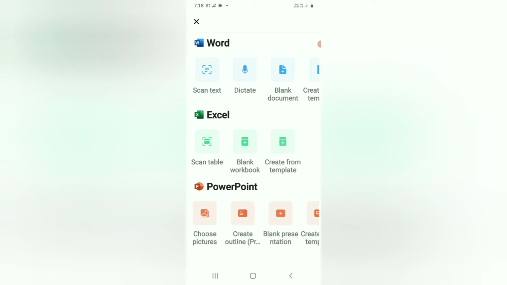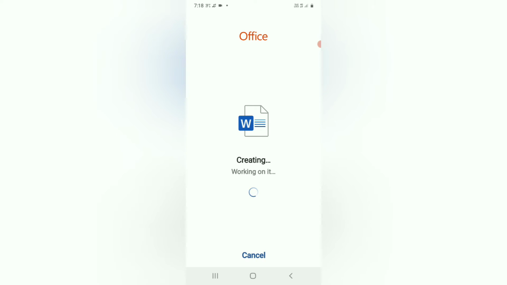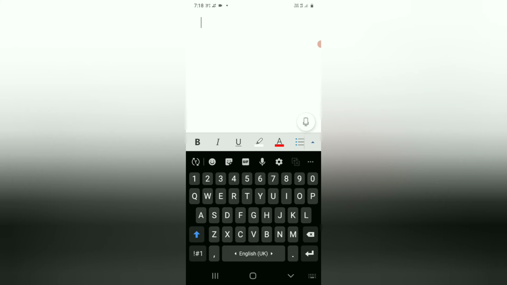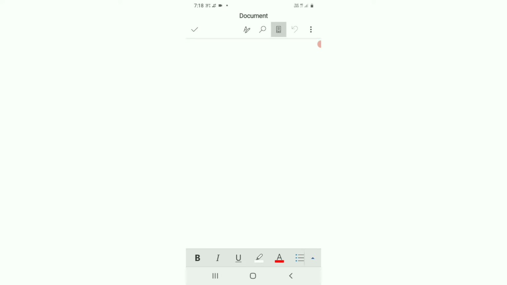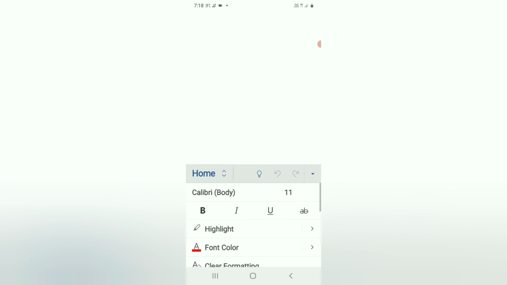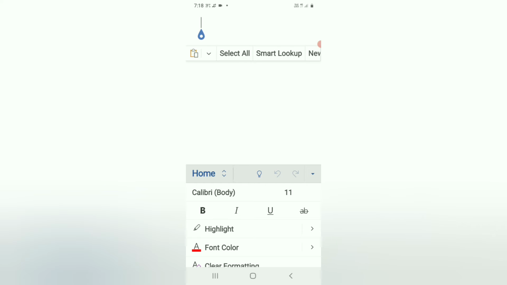For doing any Word file, just click on blank document here. It's specially the 2016 version, so don't worry, you can get every feature that you want. You can get all the things you can see in the computer-style Office version. I'm just closing it.